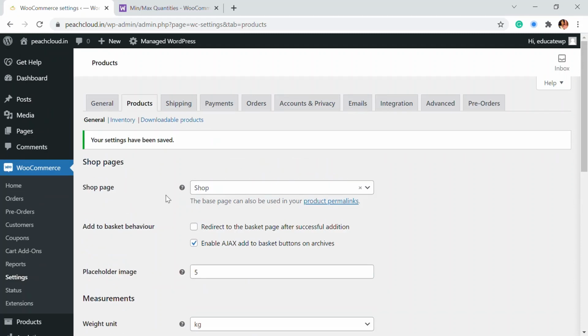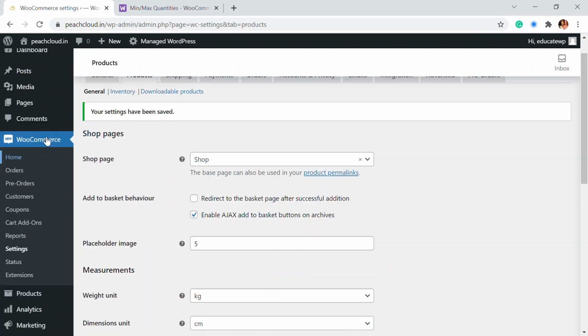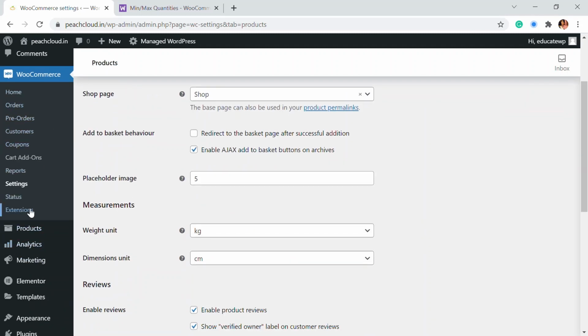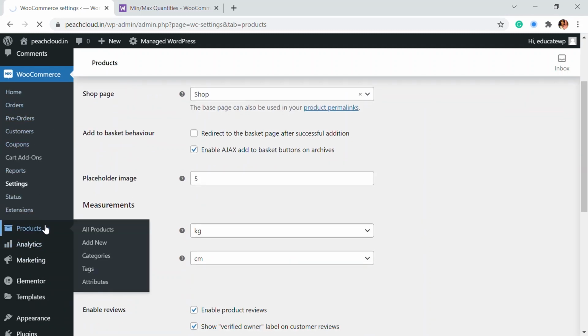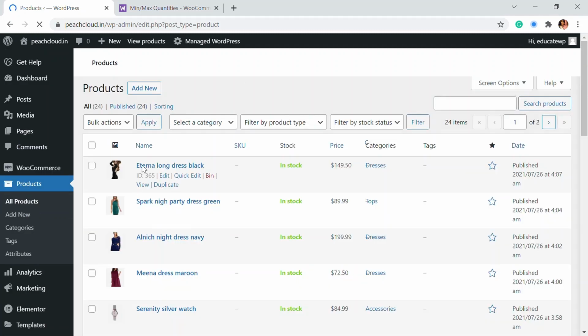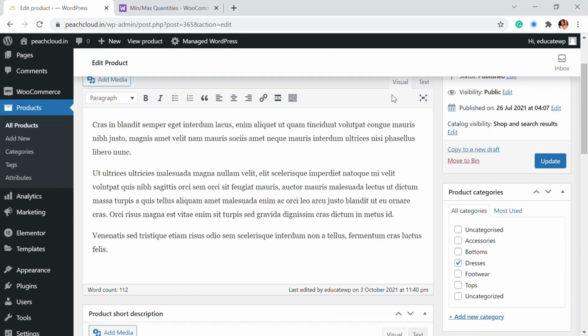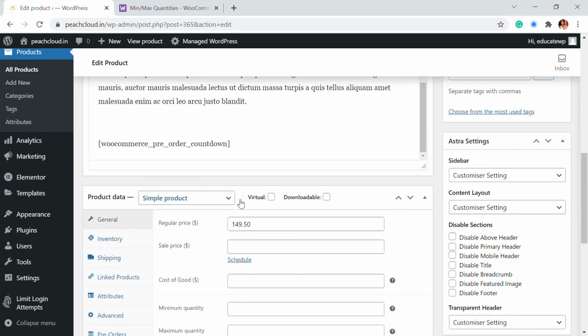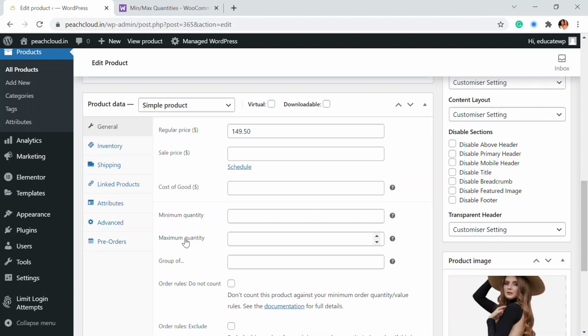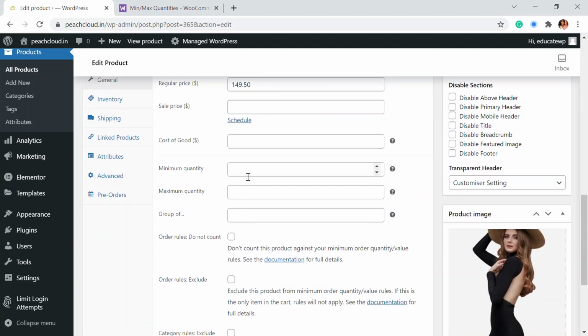So next we have a product level setting. So there are product level rules. Here I'm just going to go to the product section. If I choose this product and edit it, as you go down to the settings, in the general settings, you will be able to see a minimum quantity and maximum quantity. So here you can set either the minimum quantity or the maximum quantity. I just want to limit this to 4, so a person can buy only 4 items. That way I can set the maximum quantity.